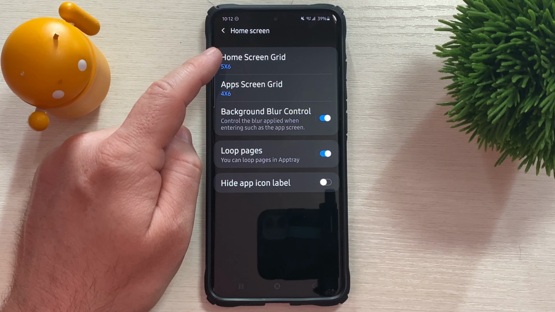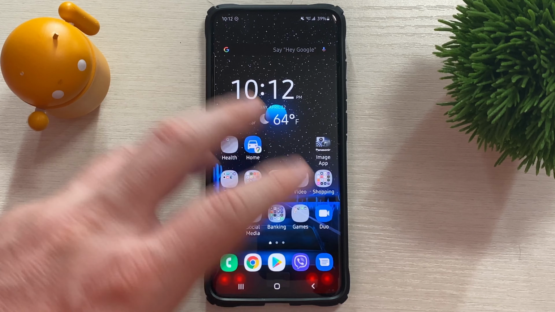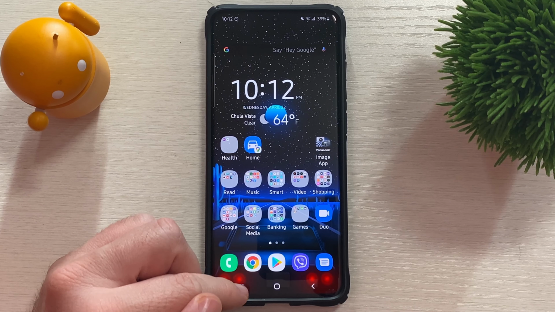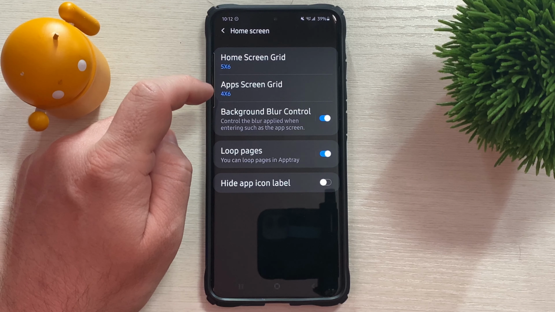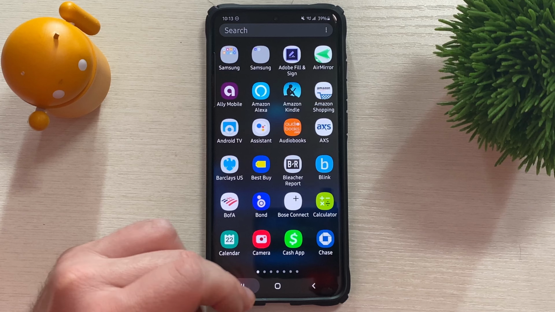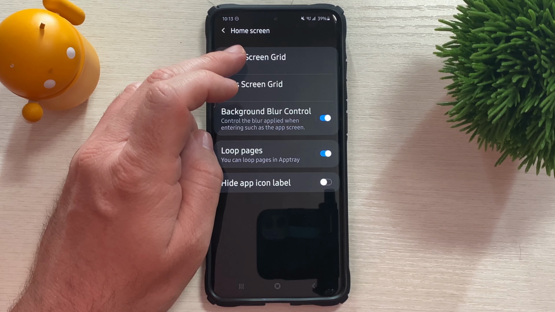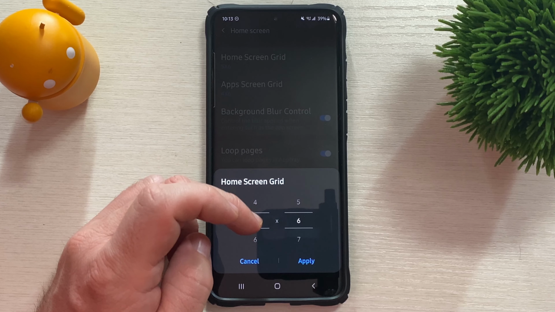And the first thing we're going to see is home screen grid. That's going to be this right here, how many apps and folders you see on your screen at once. So by default, I have it set to 5x6, and 4x6 when I go into my apps. App screen is this screen right here, all your apps. So if I change this, I think it used to max out at like 6x6 or something. Now it maxes out at